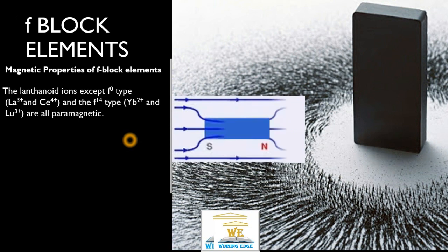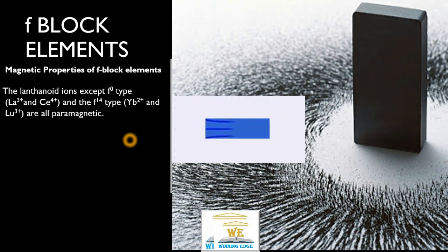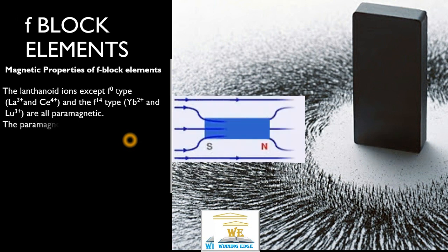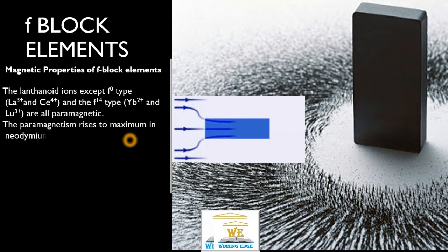That we already saw in case of d block elements: magnetic lines pass through the material. What we saw in f block elements, lanthanoids, is that paramagnetism is maximum for neodymium, although neodymium doesn't have the maximum unpaired electrons. The reason is